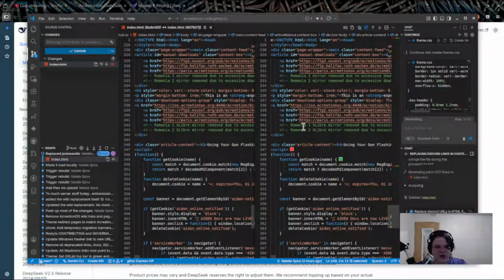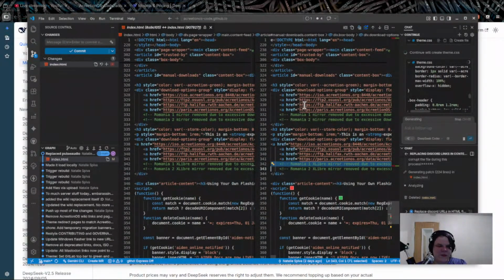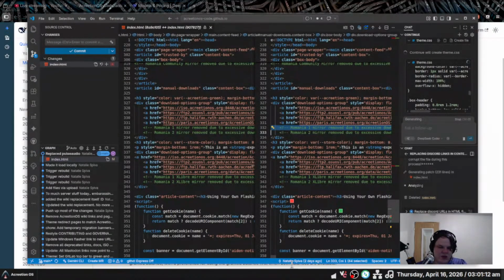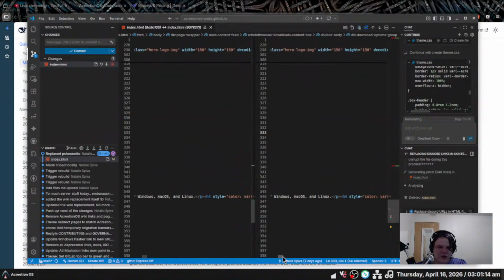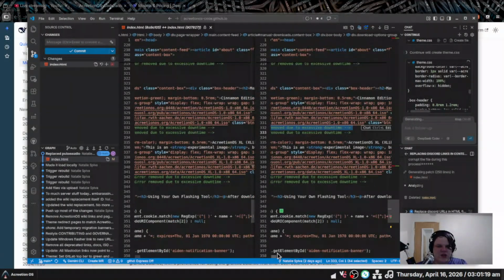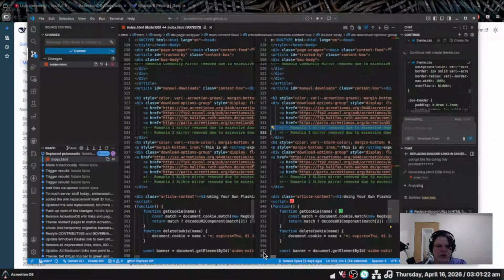If you look here, we commented out our Romania mirrors for the time being. This is because we had too much downtime, unfortunately. I wish we could work things out, but we couldn't. I wanted to just have a negotiation with them, but I already gave them a warning, and it was like, I love you, man, but we can't keep having things go down like that. It just doesn't work.